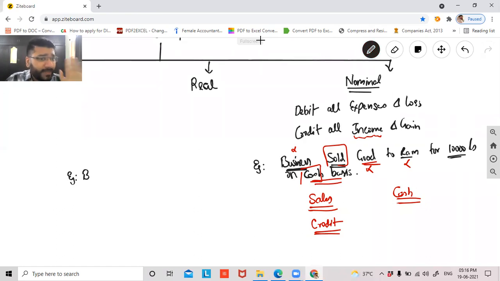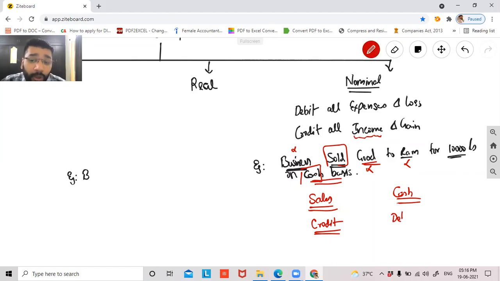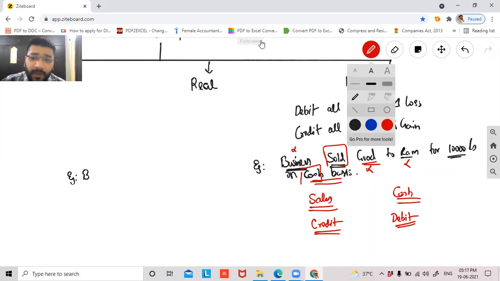But here, for a second, guys, if sales you credit, cash will obviously be debit, because in one transaction there are two accounts, and one account will have debit aspect, another account will have credit aspect. So if sale is having credit aspect, obviously your cash should be debit. But I don't want you to buy it this way. We'll understand the rule in the real and personal, then you decide whether the debit you've done for cash is right or wrong. Okay, so before that I have to give one more example to you.